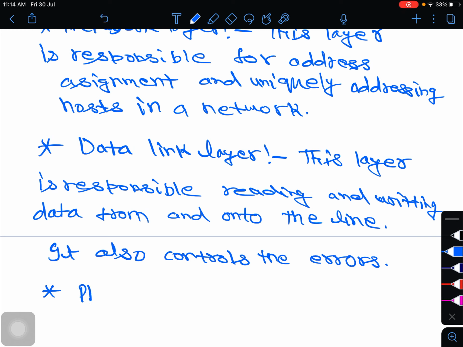The last layer is physical layer. In physical layer, the data is transmitted in the form of bits. Physical layer deals with hardware, cables and devices in physical form.